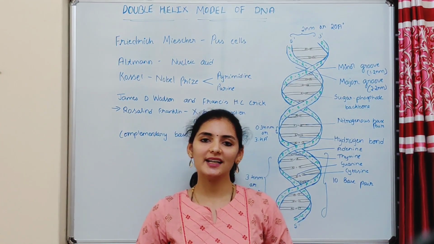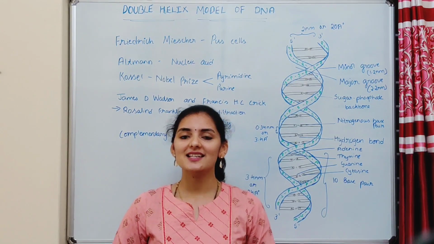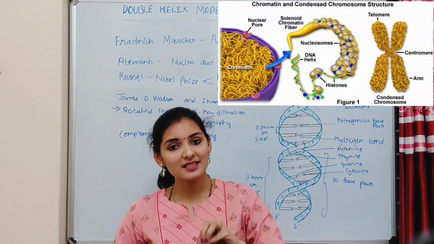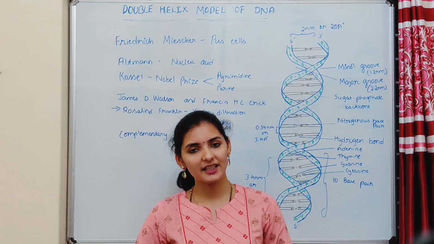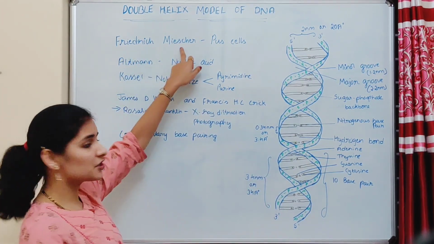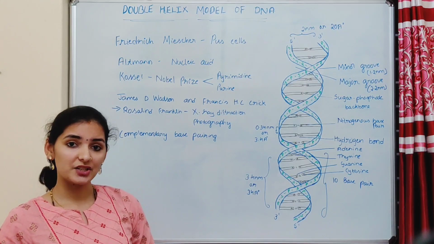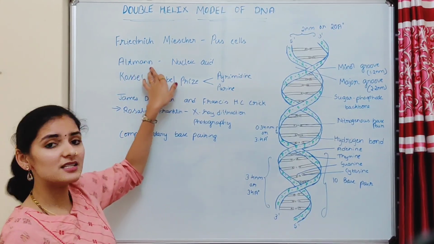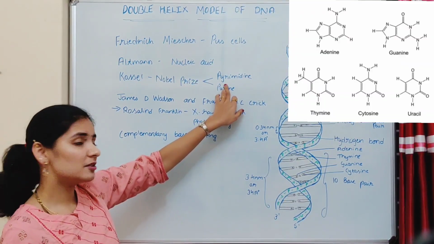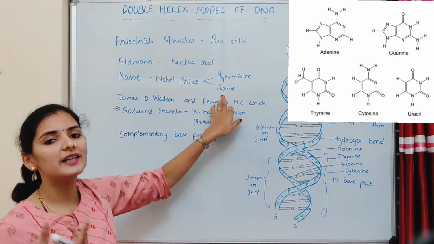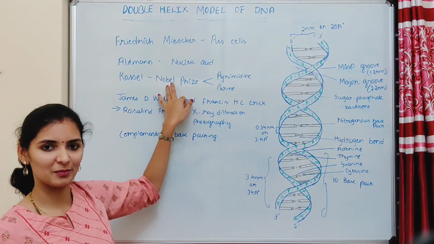Deoxyribonucleic acid, abbreviated as DNA, is the genetic material in most organisms. This DNA is a complex macromolecule present inside the nucleus of a cell. For the first time, this macromolecule was extracted or isolated by Friedrich Miescher from the pus cells that he had obtained from a discarded bandage. Later, it was Altmann who named this macromolecule nucleic acid. From this nucleic acid, two pyrimidine molecules and two purine molecules were demonstrated by Kossel, and for the same work he got a prestigious Nobel Prize.